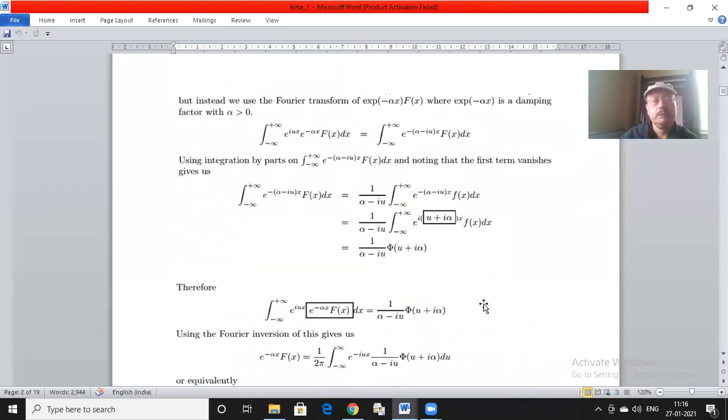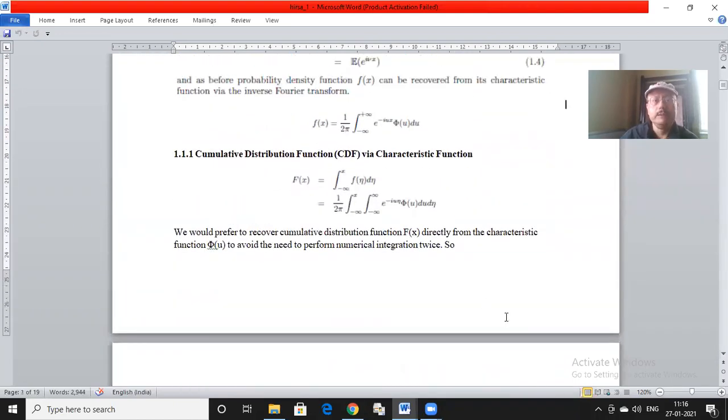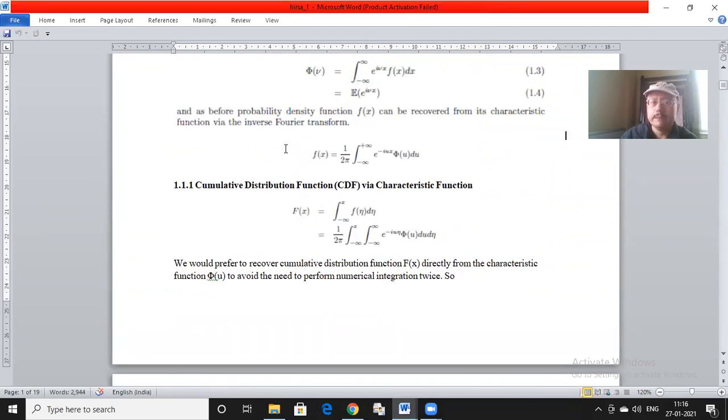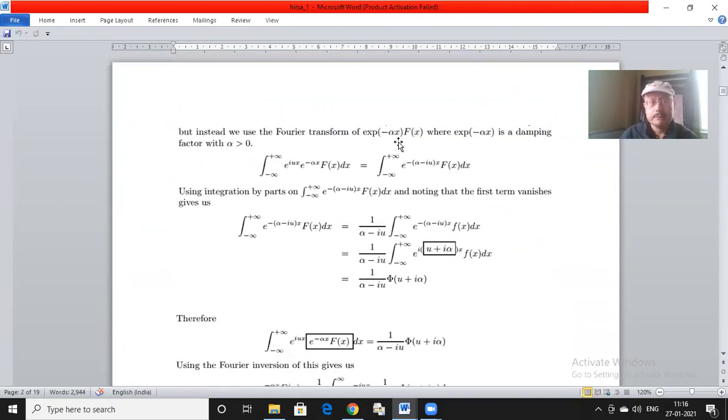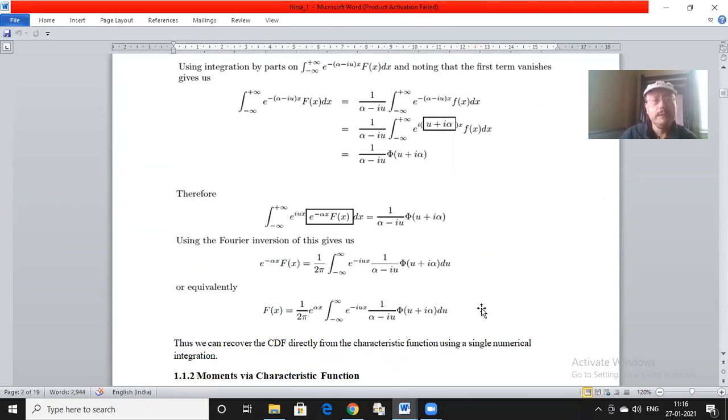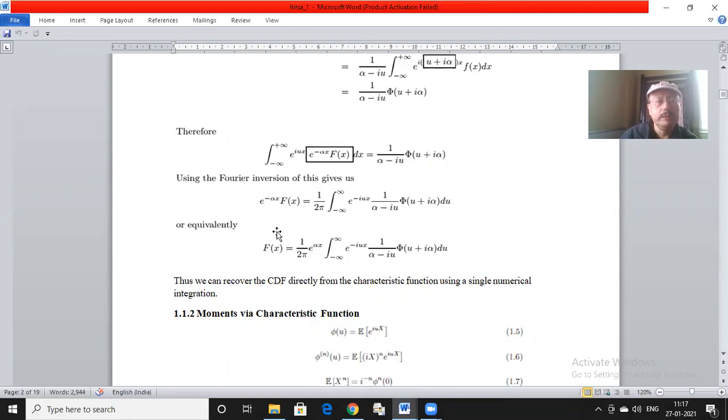So what we really wanted to achieve was to avoid a double integral. Using the direct definition through the density function, we had to go through a numerical integration twice, which I said is more error prone. To avoid that, we use this trick. So this is like an integrating factor trick in differential equations, a similar kind of trick. Here it is called a damping factor. Using that trick, I can recover fx using a single integral on a Fourier transform,